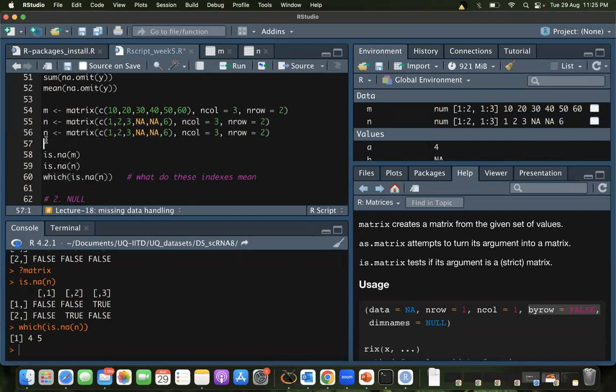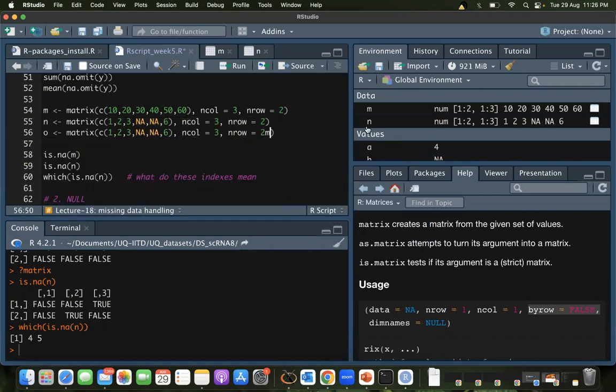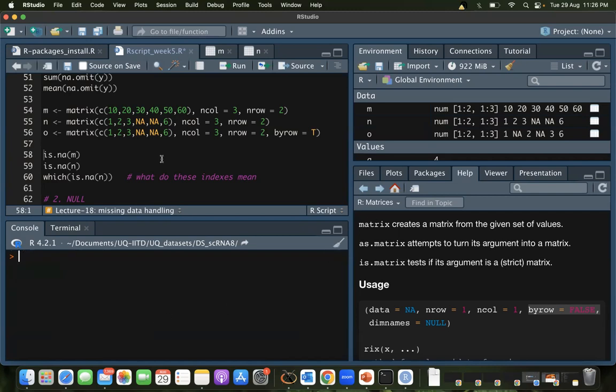Let's do it one more way. So 4 and 5 is actually, now if you think about it, what did I give it initially? This thing, right? This is what I gave it.